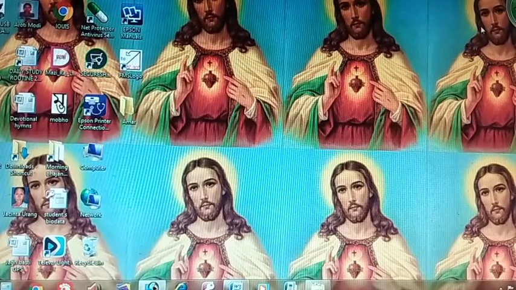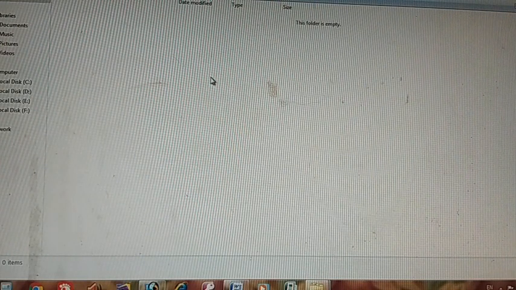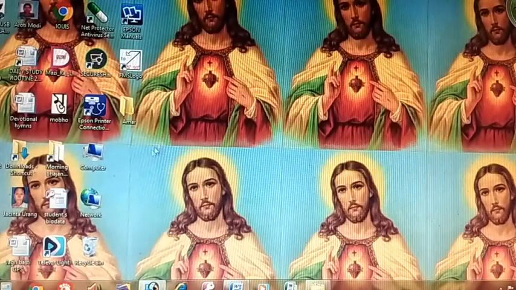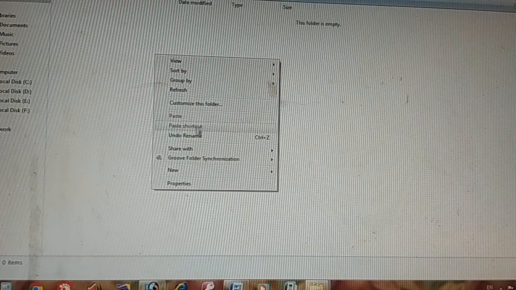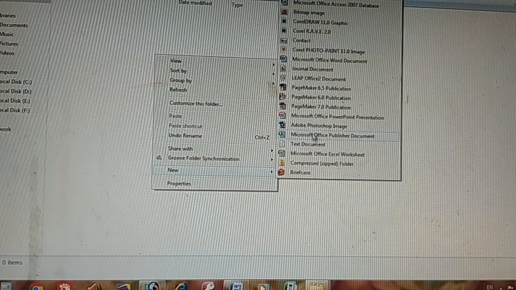Okay children, go to page number 37, creating a file. I showed you how to create a folder, and within this folder you need to create a file. So let us double click to open. Look, this folder is empty. What you need to do is create a file and store it in your folder. How to create a new file? Right click. I will show you once more. Here is Amar's folder. Double click to open, and within the folder you need to right click again, point to New.